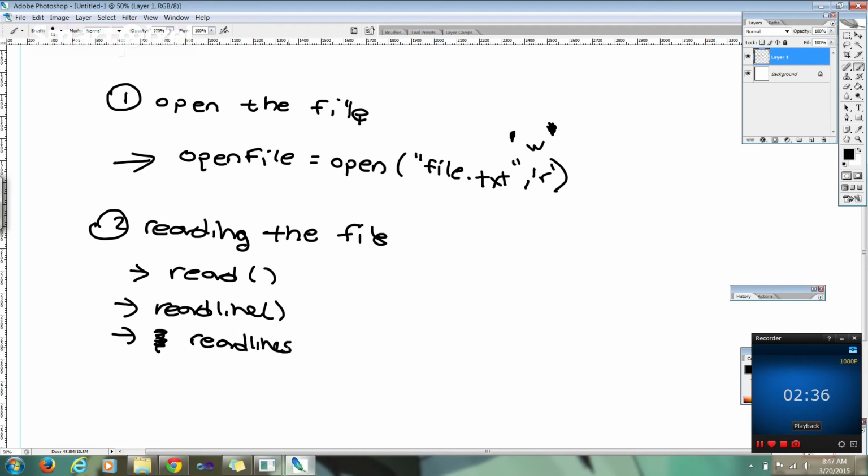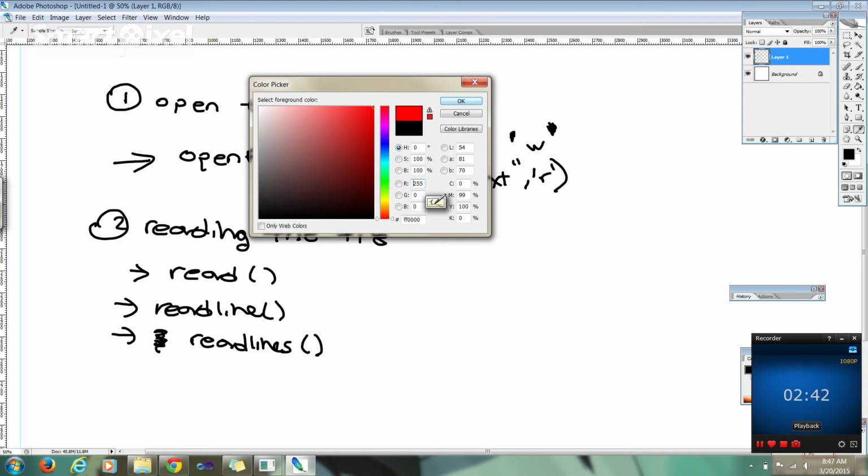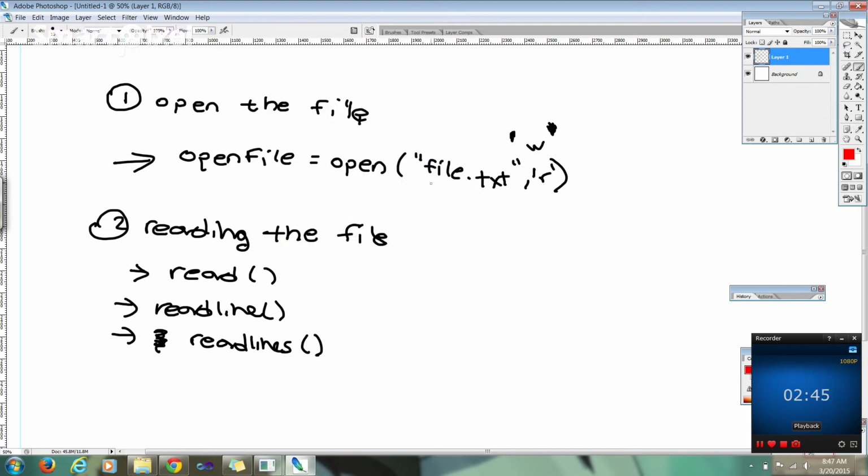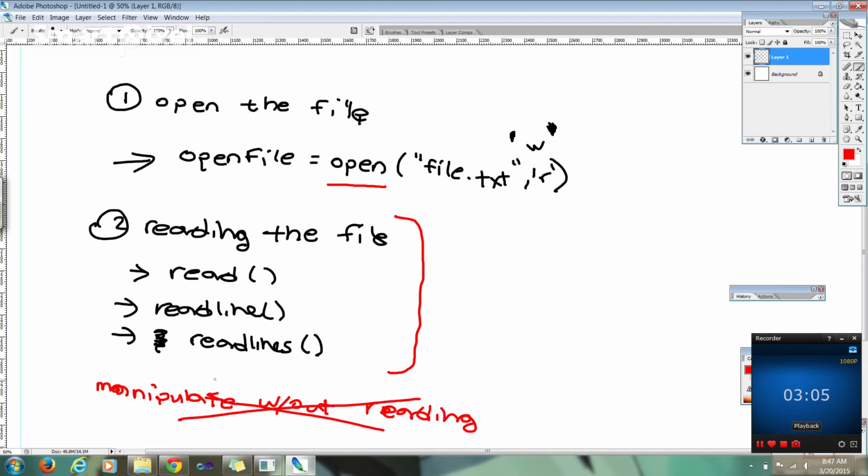Now, there are a few common mistakes that I constantly see, and I'm actually going to write these in red here so that we can identify them. The first common mistake, okay, is that people will open a file, skip the reading step entirely, and then try to manipulate it without reading. And this is wrong. Python will do some weird stuff and just interpret your file as sort of like the string of the file. All right. Now, without getting too in depth in the back-end explanation of what's going on behind the scenes of the code,